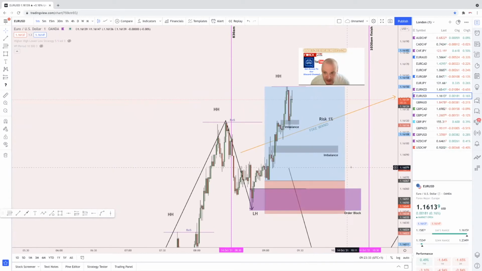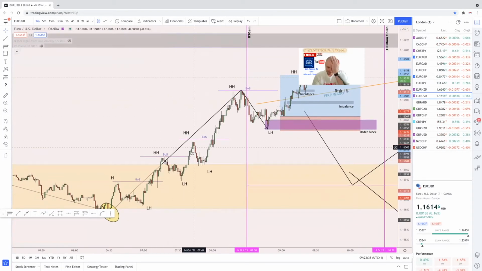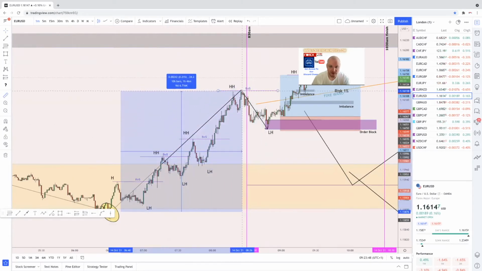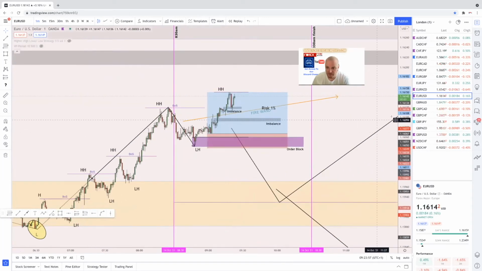Just going to scroll in. I'll be very surprised if we don't come back into this range at some stage today. This is a big range. From there, you've got roughly, that's around about a 24 pip move on an impulse move, to be fair. I do expect it to come in and touch this at some stage later on.